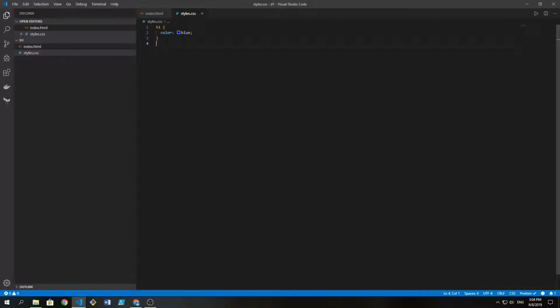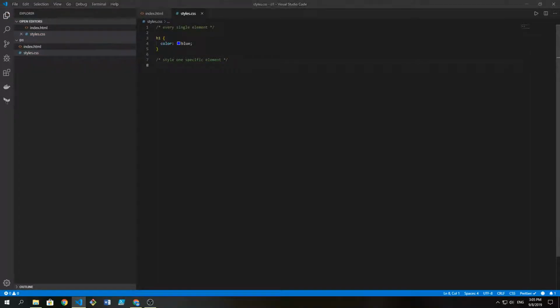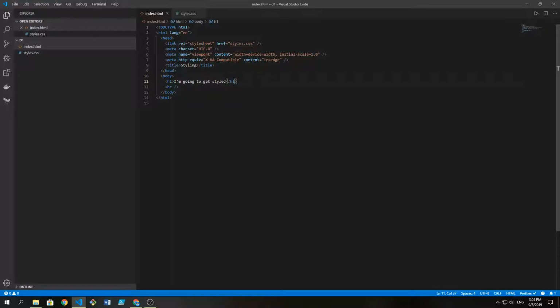All of this stuff is really important. And nice and easy, because you can play around and get a feeling just from clicking a few things on and off. Anyway, so for this styling here, that is actually targeting every single H1. So every single element. So we'll comment that out. So the comments in CSS is like so. Just remember to get them the right way. Now what we want to do is style one specific element. So, oops. There we are. And the reason for that is if I go into here and add h1 on another header,